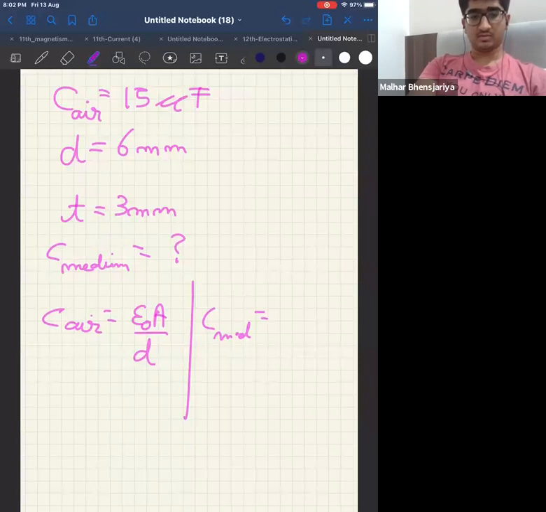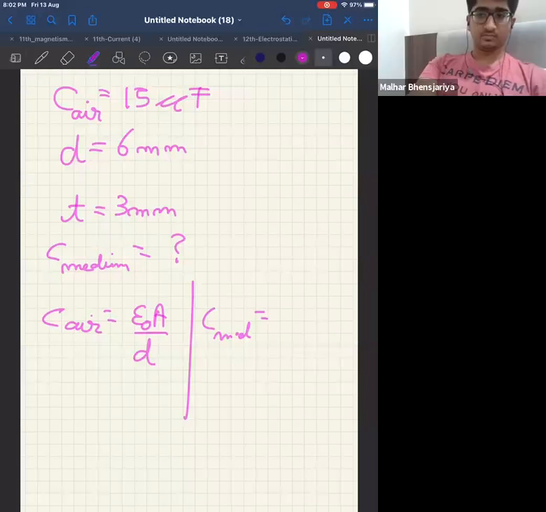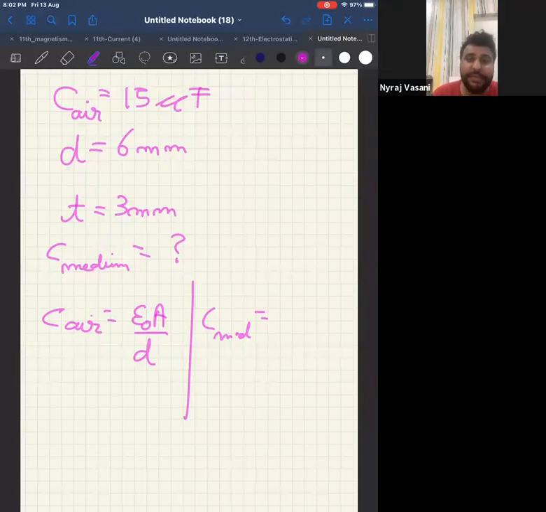Yes, sir. But imagine, since you're JEE students, I'm telling you, you can use the same formula. Can I say for metal, dielectric constant is infinity? For all metals, dielectric constant is infinity. In that formula, if you put K as infinity, you will get d minus t itself. That is our second formula.